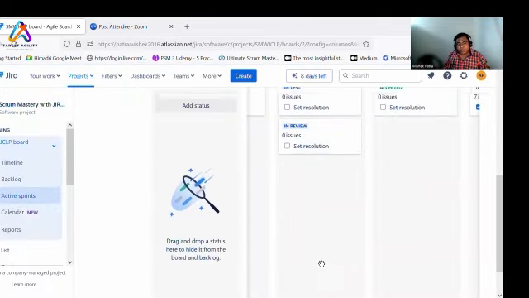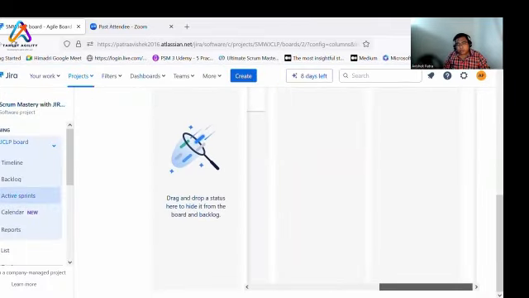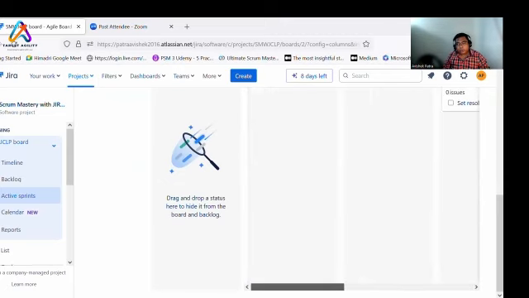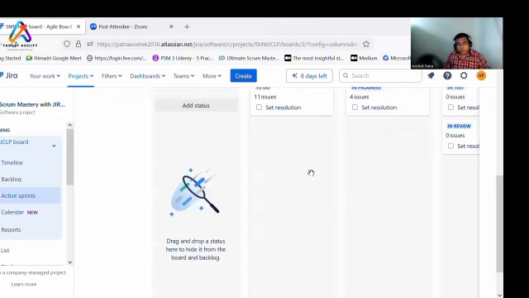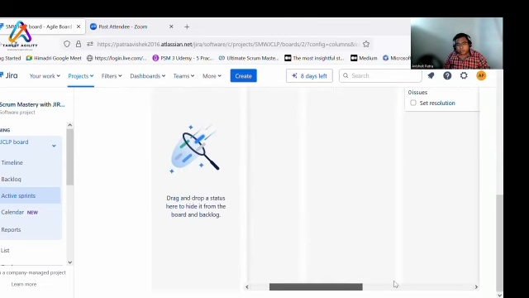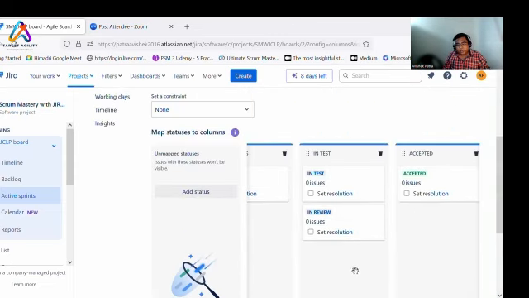Whenever you create a column, it's mandatory that you put a status in it, else your column will not work. Okay. To do, in progress, in test, and here, accepted. Now, these are the columns: accepted, in test, to do, in progress, right?